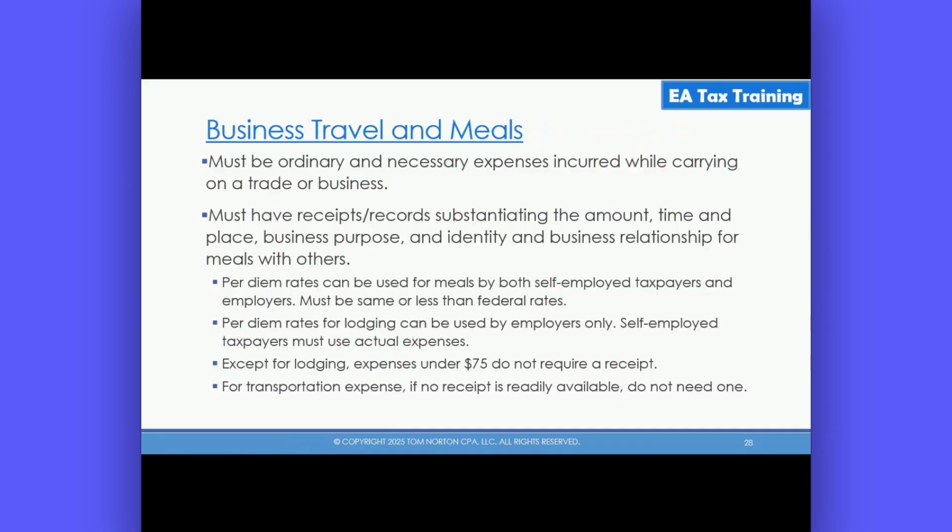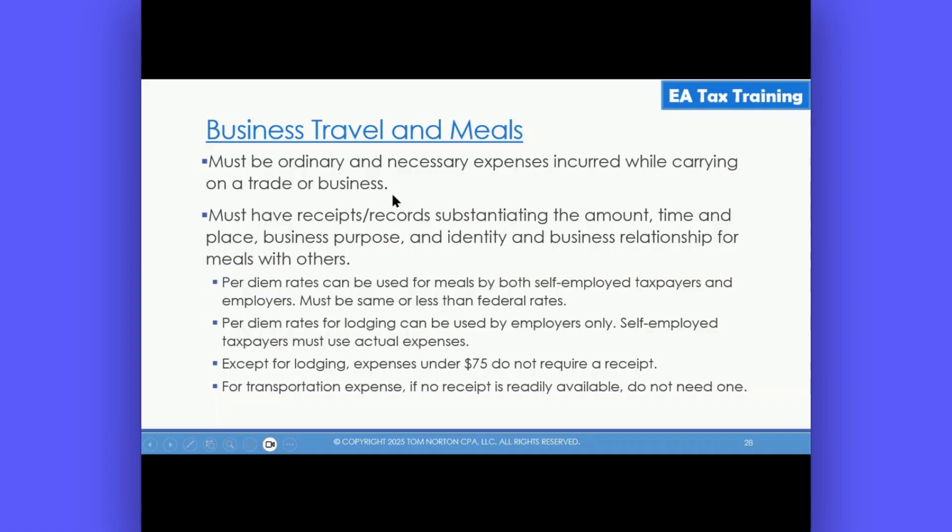Business, travel, and meals. So we've got several slides on this. They do like to test this on the EA exam. So the first thing is business, travel, and meals must be ordinary and necessary expenses incurred while carrying on a